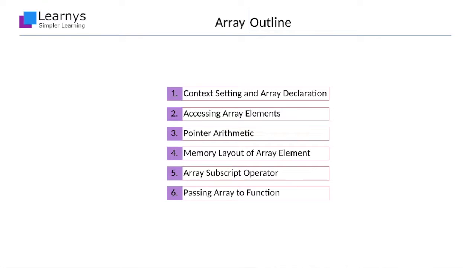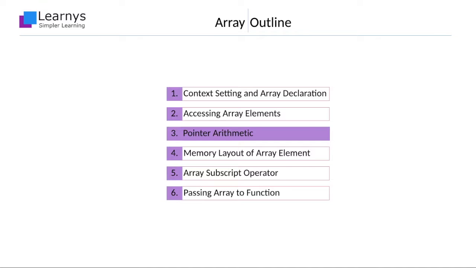The lesson begins with setting the context of array requirements and moves on to state various styles to declare arrays. Array subscripting operators, which are used to access the array elements, are discussed next. Regular arithmetic operators, when applied over pointers, behave differently. This is taken up in the section titled Pointer Arithmetic.